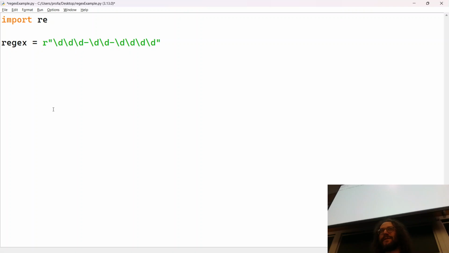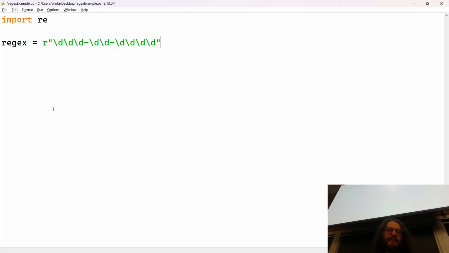Just like a bunch of you who have been using ChatGPT may have noticed that putting an f in front of a string doesn't break anything. Yes, we've noticed that. No, nobody does this, really. The r doesn't break it, right? Putting some letters in front of strings doesn't break them, because it denotes a special kind of string. Here, r is for raw, but you can remember r for regex, because that's the only time you're going to be using it.